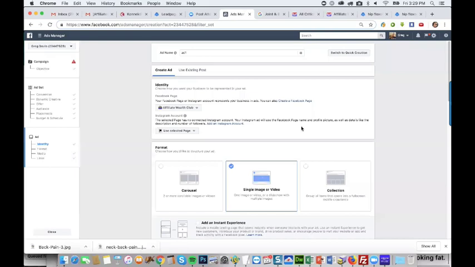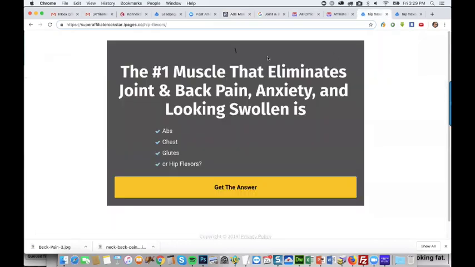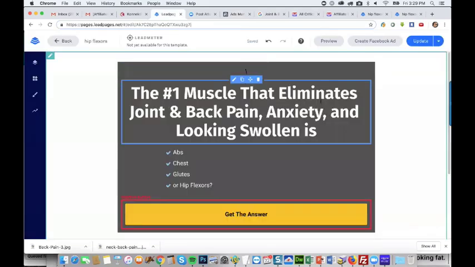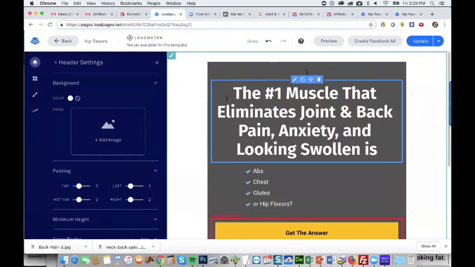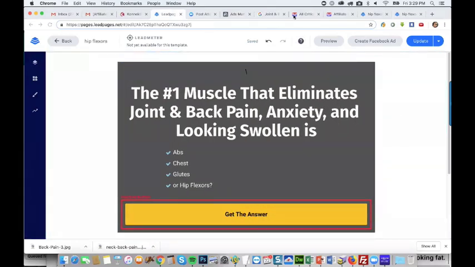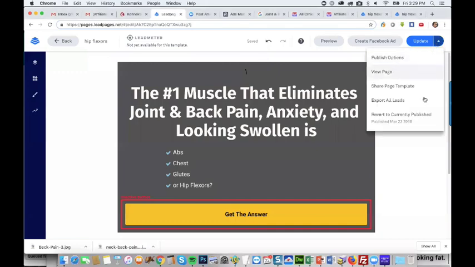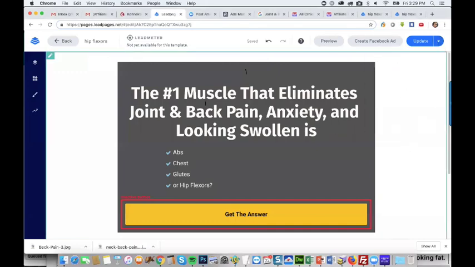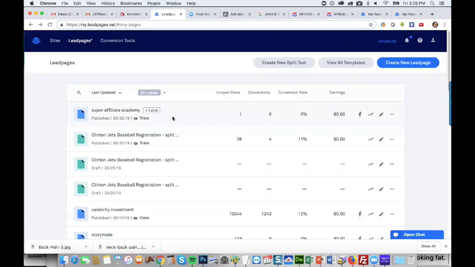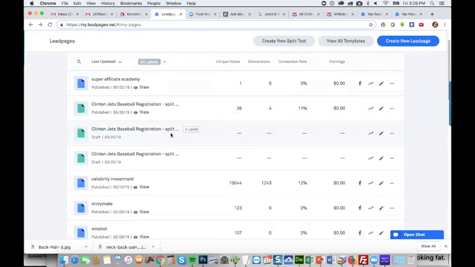Okay. Now, if you use Lead Pages, they actually have built-in split testing capabilities. Let's see where they are. Oh yeah, we got to go back out here. I never even saved it.